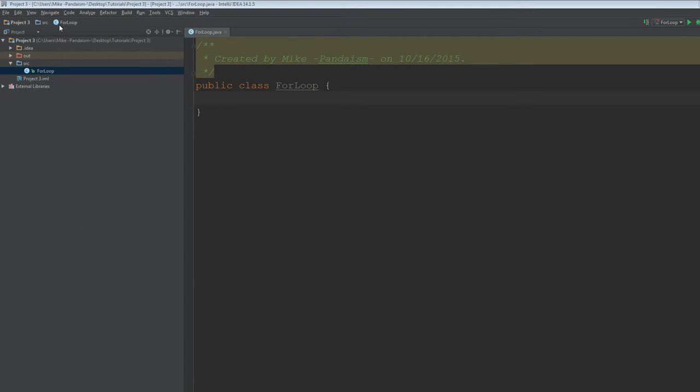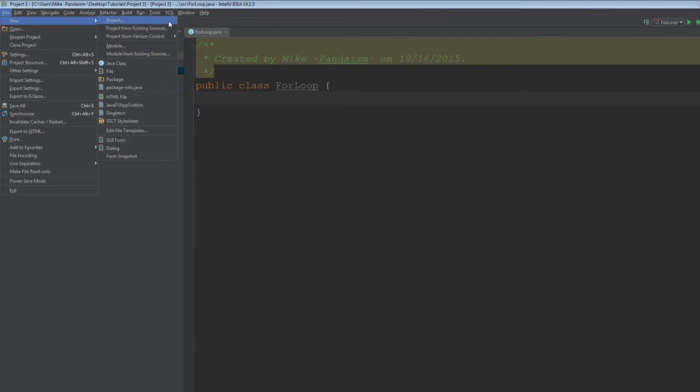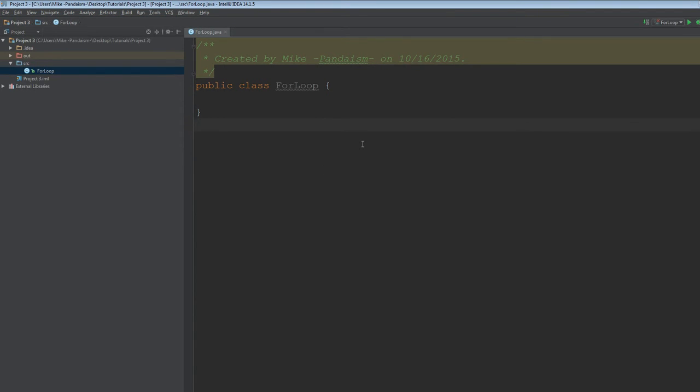As you see, there's a project set up already for me, project 3 with a class named for loop. Just go ahead and do this. Y'all should know how to do it, but to refresh, just go to file, new, and then project, and then just make a new project. For this tutorial,